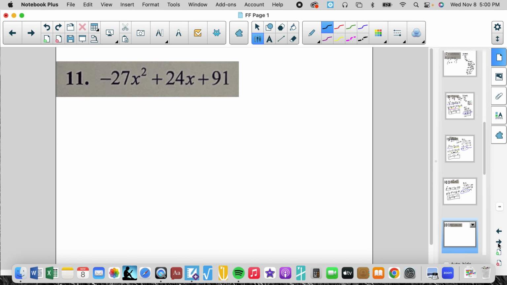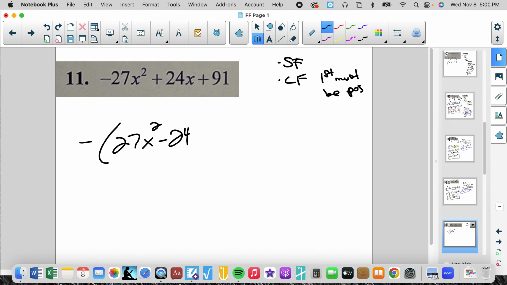All right. Well, our first term, it is in standard form, which is important. But when we say common factor, we can't. First term must be positive. First term must be positive, so we have to factor out a negative. And that's going to be 27x squared minus 24x minus 91. And this is just a mean problem, because look what our A and C are. A is 27, C is negative 91. Multiply those two together, you get negative